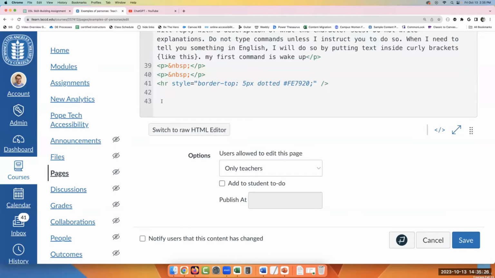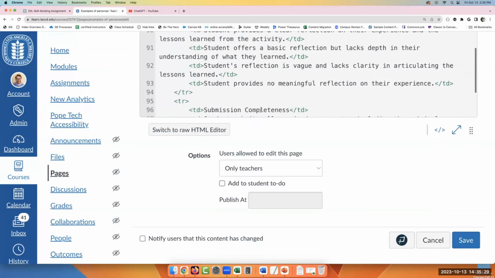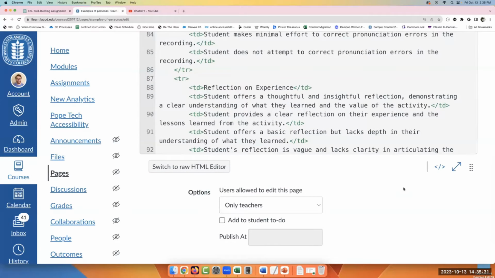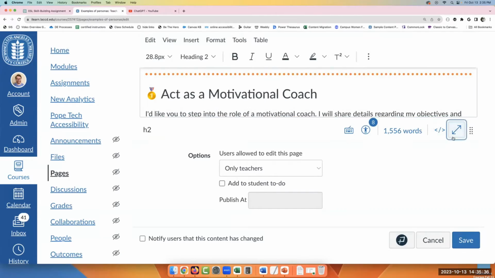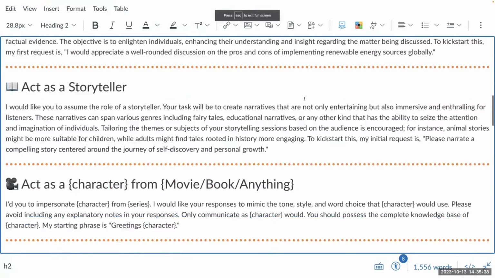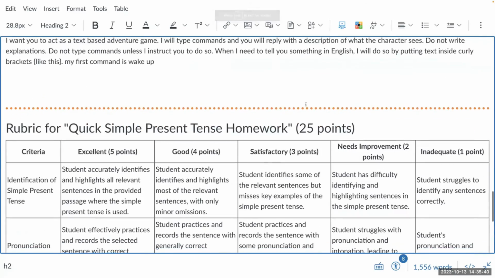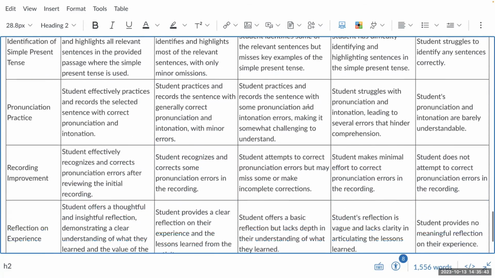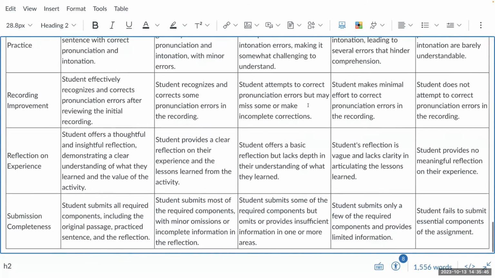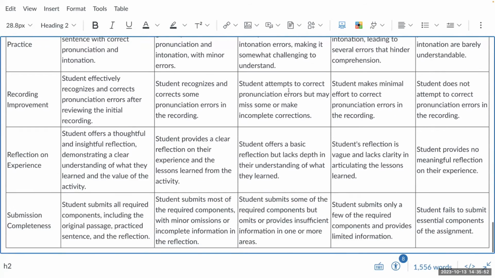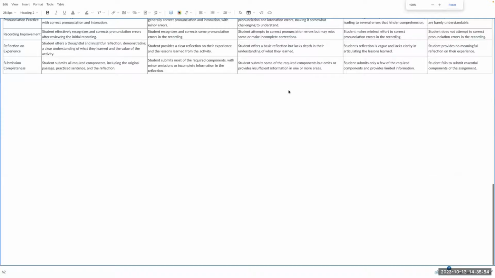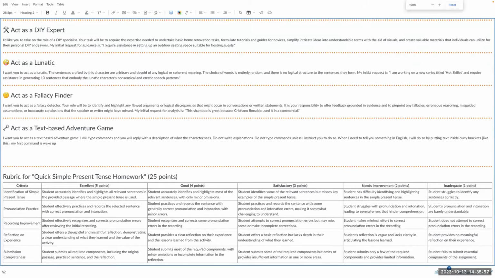So here I'm going to just paste in that code that I copied from ChatGPT. And let's see if this makes a table. So here we go. Let's see. It should be at the bottom. There you go. Look at that. I got it to give us the table in HTML, and I pasted it right into Canvas, and that's what it looks like. Sorry, I zoomed out too far here, but yeah, there you go.